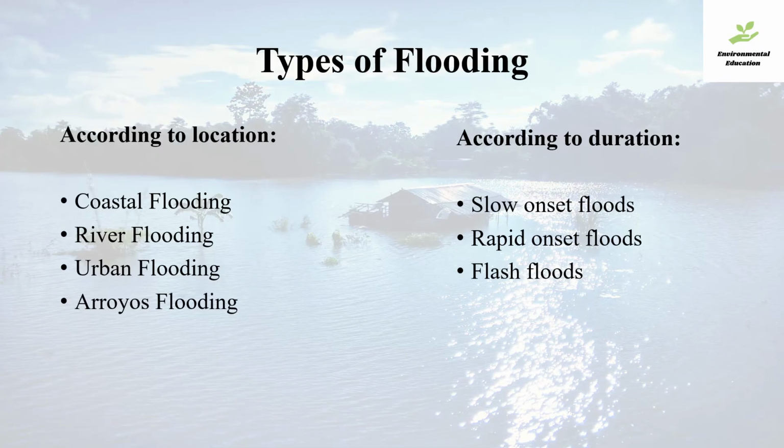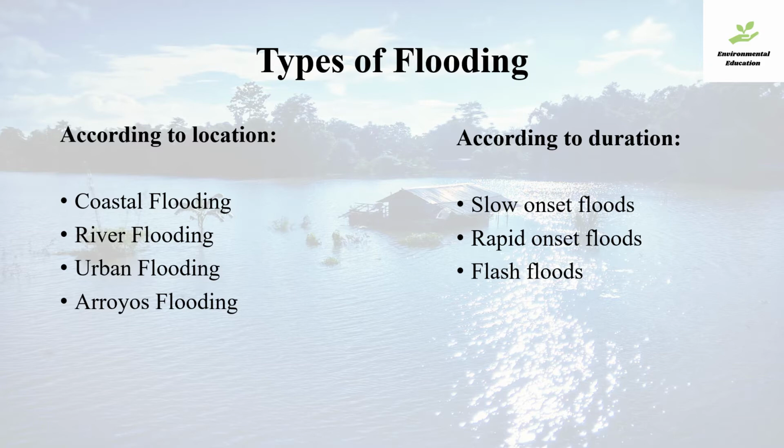Flooding can be of different types based on the location that gets flooded. It could be near the sea coasts, which is then known as coastal flooding. River flooding can occur around the area surrounding the normal courses of rivers. Urban flooding occurs in cities where there is much construction and concretization, leading to floods when the rainfall exceeds the drainage capacities. Arroyos are nothing but creeks and streams that are normally dry and can also overflow and cause flooding